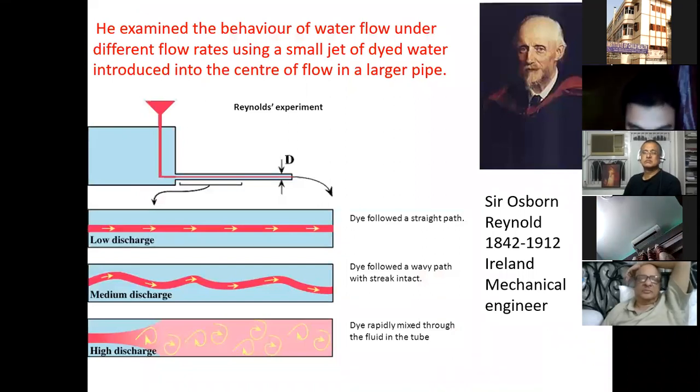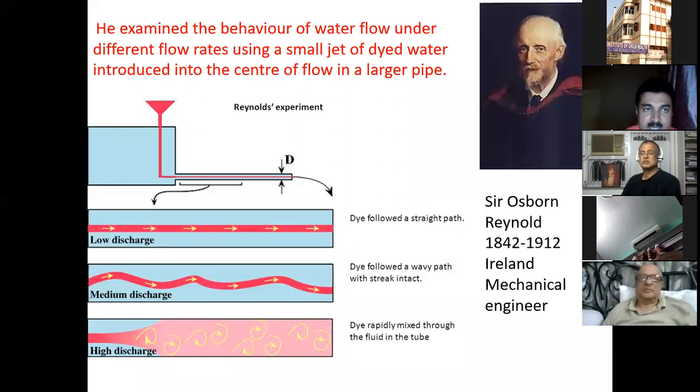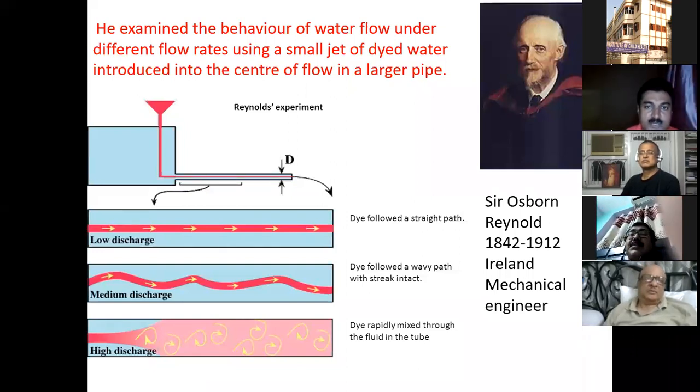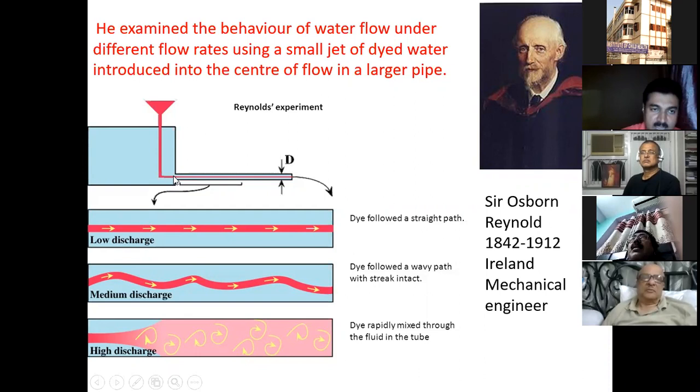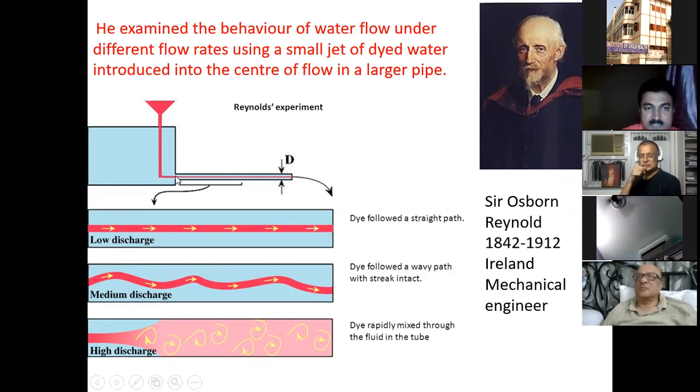Next, I have only 2 slides left. Next, I'll try to give an impression on Reynolds number, the streamline flow and turbulent flow. So Osborne Reynolds, 200 years back, an Irish engineer, did a popular experiment. His experiment is that colorful water is subjected to a small nozzle here, and this dyed water is allowed to flow through a long tube.